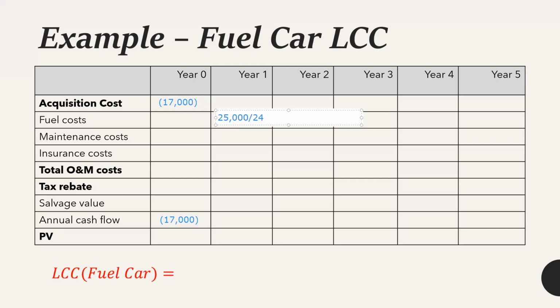divided by 24, and this should be multiplied. 25,000 is the miles driven per year. 24 is the fuel usage, that is miles per gallon. So how many gallons are needed can be calculated by 25,000 divided by 24. If we multiply it by the average price per gallon, I can easily get the fuel cost. So it is equal to how much? 25,000 divided by 24 multiplied by 3. So I am getting an answer of